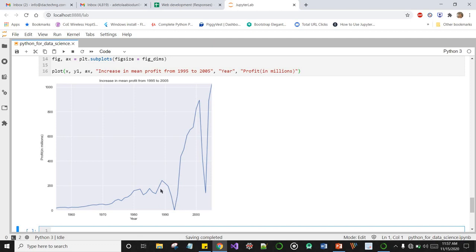These are top companies in the world. Okay, so it means they didn't really make so much profit, and we could see a very sharp increase, very exponential. It's an exponential increase in profits running close to almost 1,000 million or 1 billion dollars, like that, in the mid 90s. And this could have been possible because of the increase in the usage of the internet. The internet started in 1995, okay, and